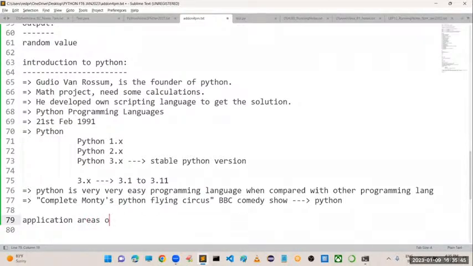Then, sir, what are the application areas of Python, where can we use it? This is very important, because from this you are going to get full-fledged knowledge.